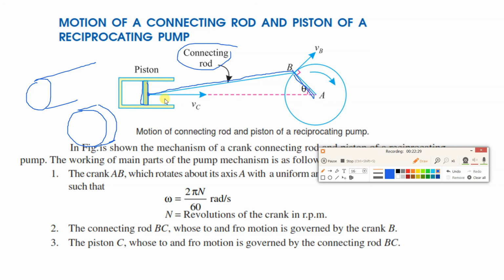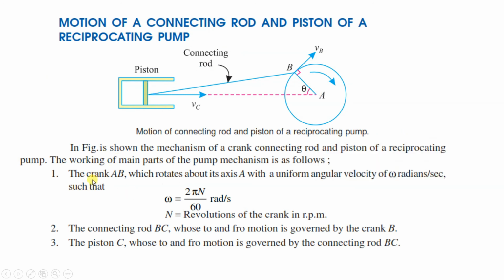Now what happens in an engine? In an engine, the reverse is there. Petrol will enter along with air, and there will be a spark plug over here. The fuel will burn, and then the piston, during the power stroke, will move in this direction. Because of that, the connecting rod will have some motion, the crank will rotate, and through the gearbox there will be a connection to the wheel, and the wheel will rotate.